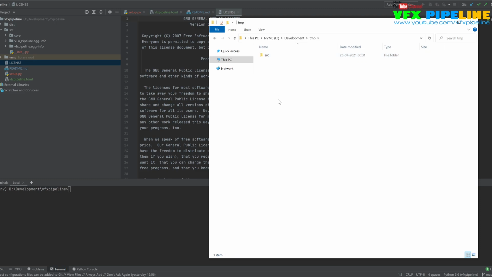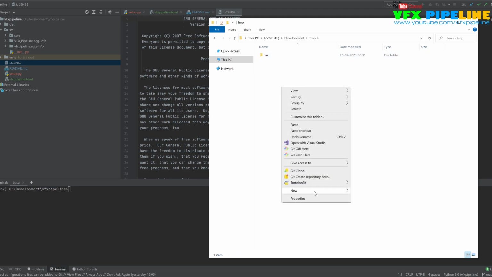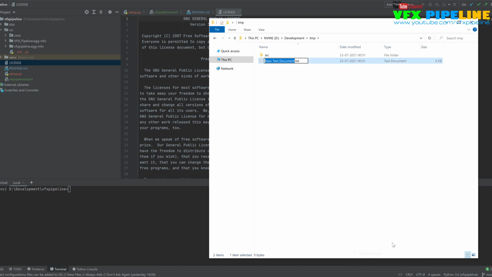Now let's create a setup.py file here. Okay, so this is our setup.py file, which is required. And whatever your package name is, a toml file needs to be created.